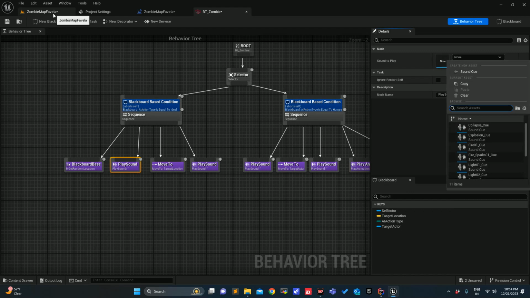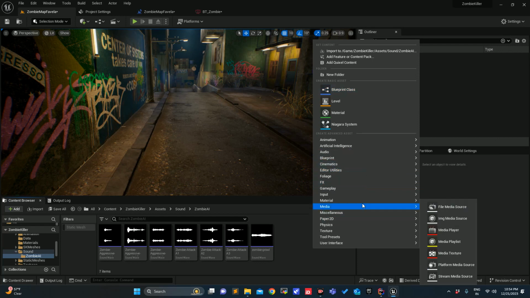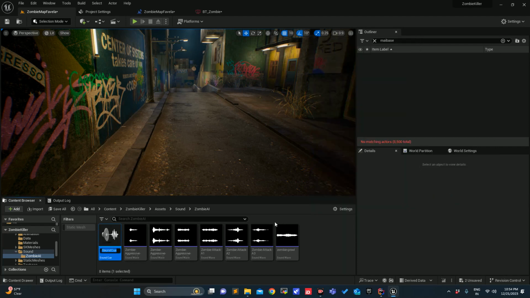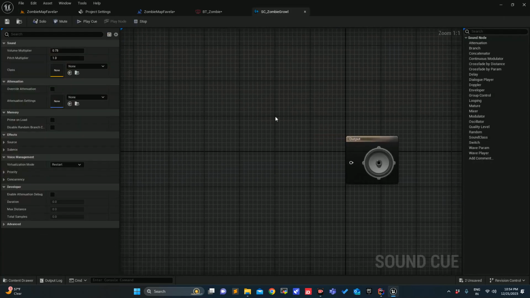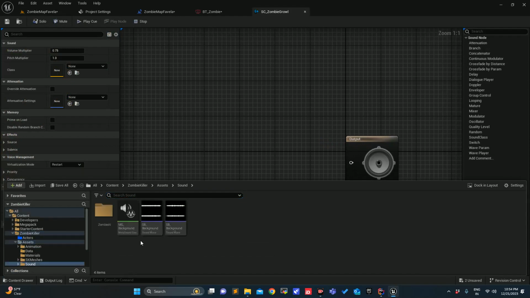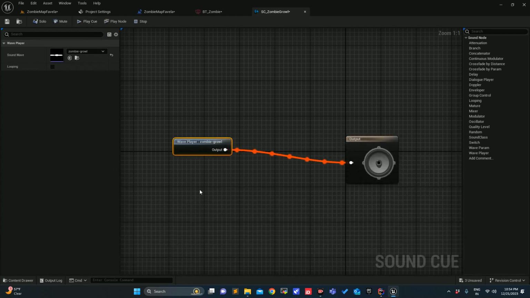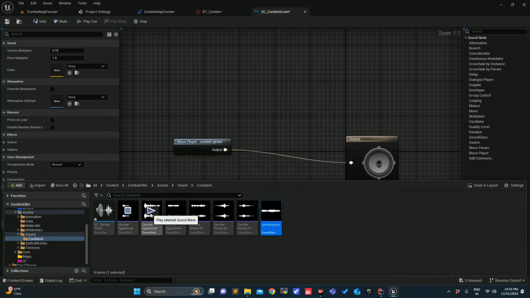Okay, they are taking sound cues, so we might need to create the sound cue. So media, no, where is sound? Audio sound cue, yes. SC underscore normal zombie growl. We will just add that sound, zombie asset sound zombie. This is growl. Play cue. Okay, so